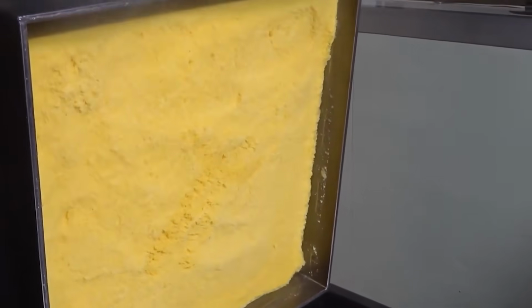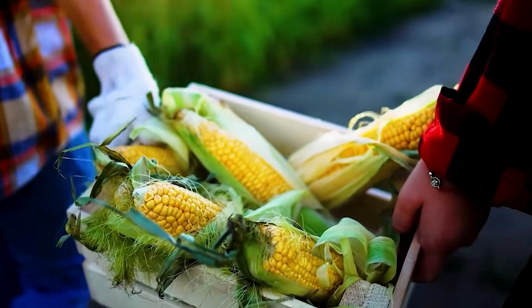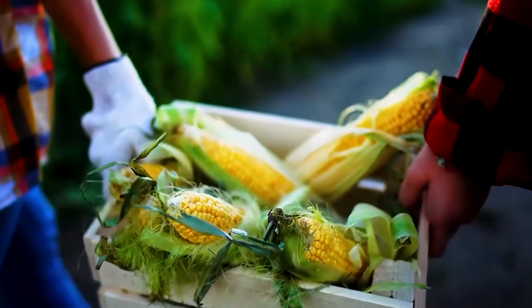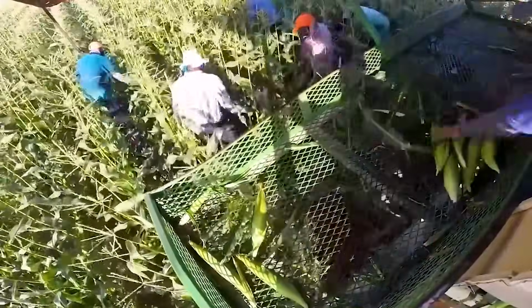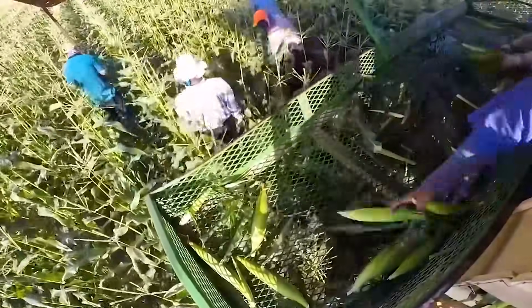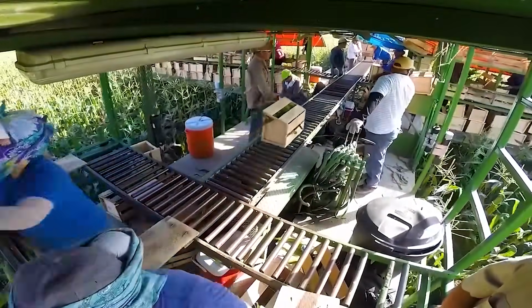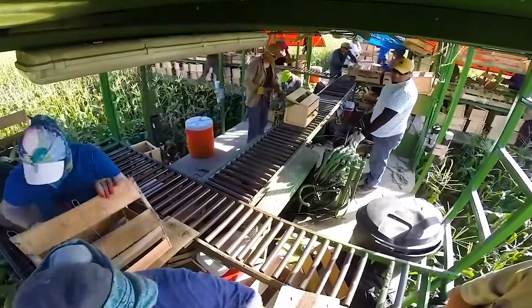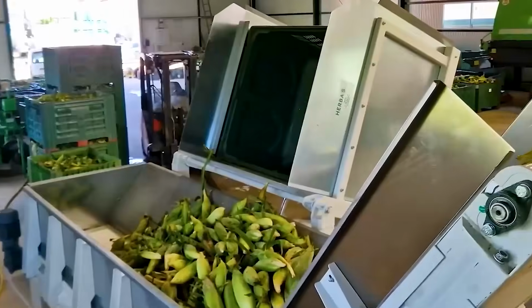and real-time quality monitoring. The making of Frosted Flakes begins with one key ingredient: corn, but not just any corn will do. The factories that produce Frosted Flakes work with carefully selected varieties of yellow dent corn that have the right starch composition, kernel size, and moisture profile to create large, uniform flakes with a crisp bite. These corn varieties are grown in regions where climate and soil conditions produce consistent,